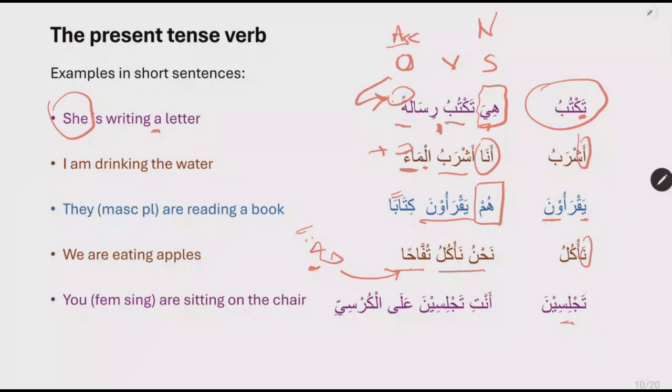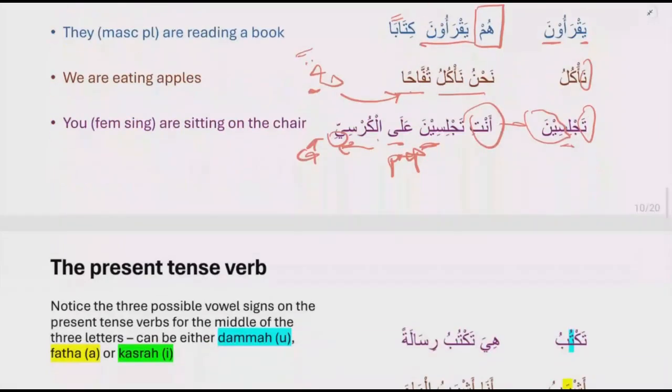Here we have the ta in front and an ina coming in. So this is the anti version of it, anti tajlisina. And then here you have ala, which is "on", a preposition, and therefore kursi is in the genitive case here. So this is genitive because of the preposition that came before it. Okay, so these are just general examples. And now let's look at maybe